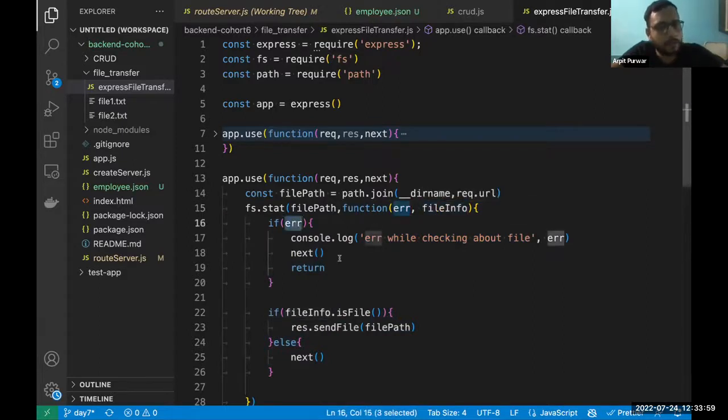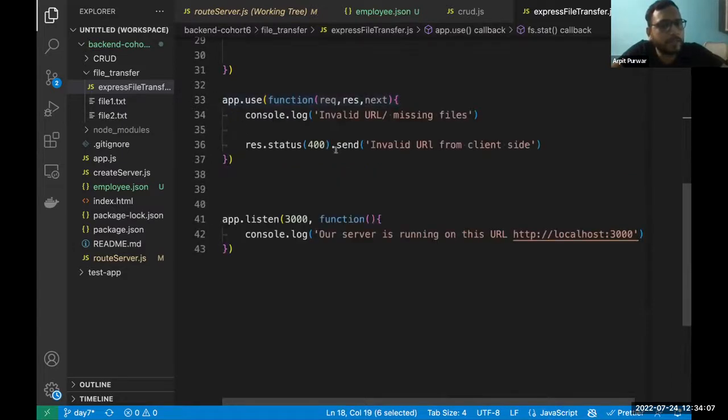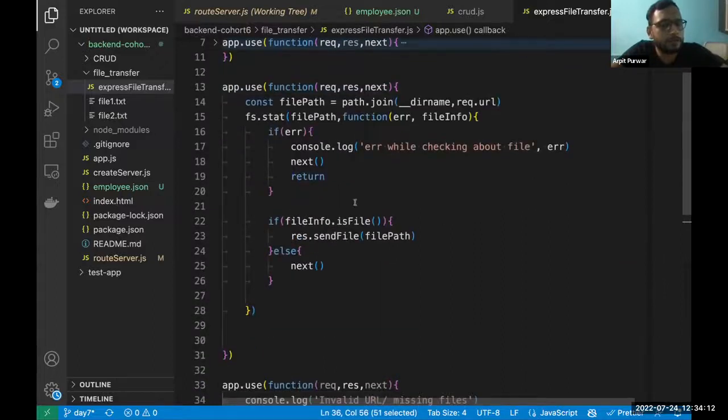If we are getting an error, we are simply saying an error is there, and we are still going to the next middleware. And if there is an error, we are simply sending the error from here. Correct? And if there is not an error, then we are simply checking the content which we got from fs.stat: is it the content of a file or not?